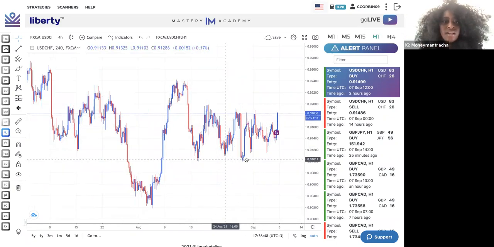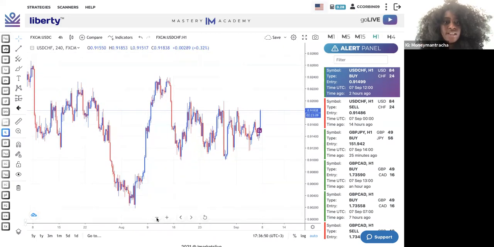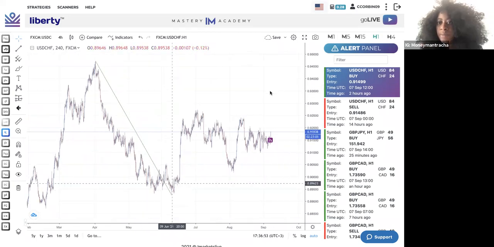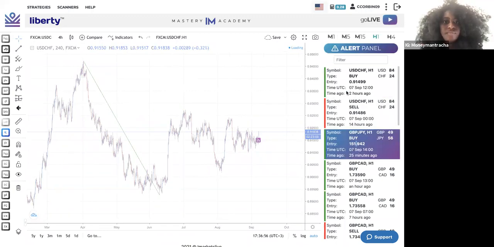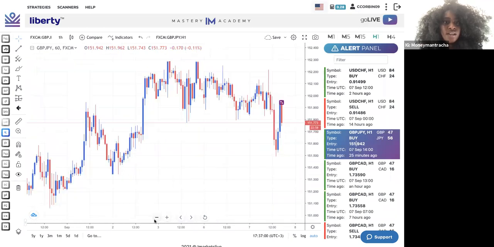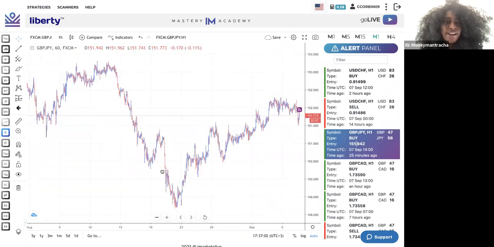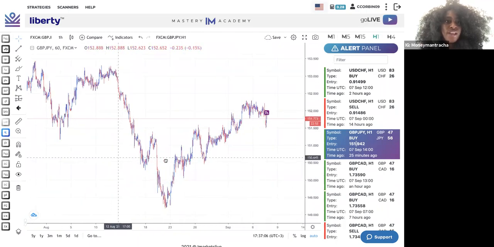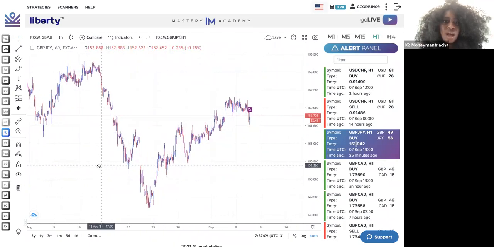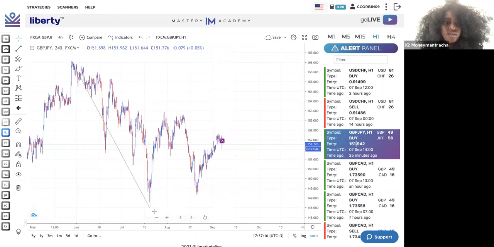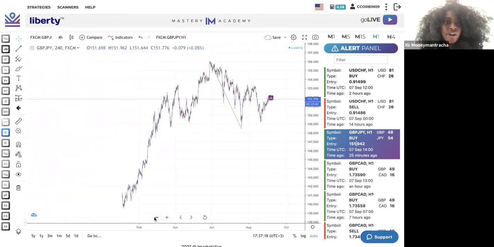So now we're really going to get into the harmonic patterns, and we're going to see how this actually works. So I'm just going to click a different currency pair because this one is not looking too good. And remember, the higher the time frame, the wider the trend, and you're going to find better entry points. I'm just trying to find something with a very obvious trend, so we can just know where to look. So if we were to look at this market, y'all,